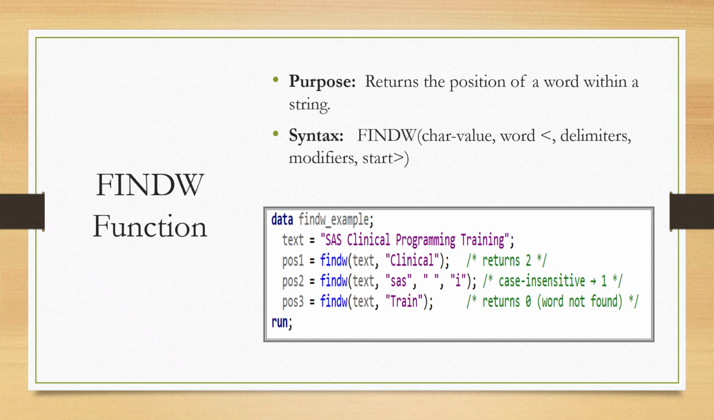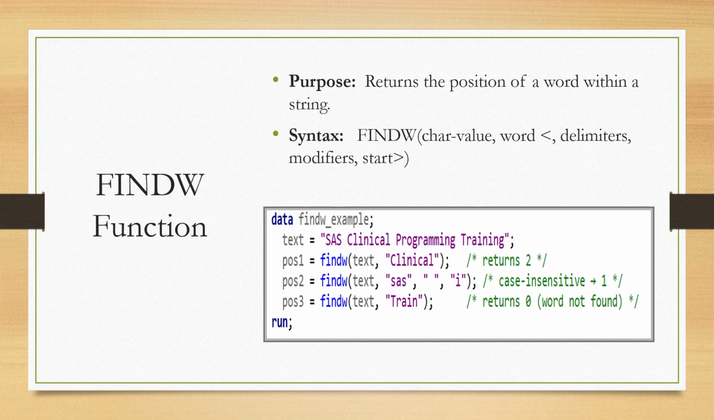Now again, I have used the character string, which is the SAS clinical programming training, as my text variable. And for position 1, I'm using the FINDW function to search for the word clinical in the text string. So here in the text string, since clinical is the second word, please note it is not the position where the clinical word is starting, but the number of the word in the string,